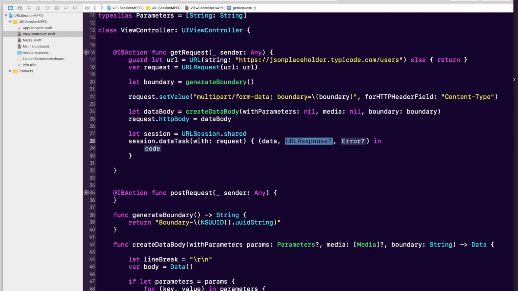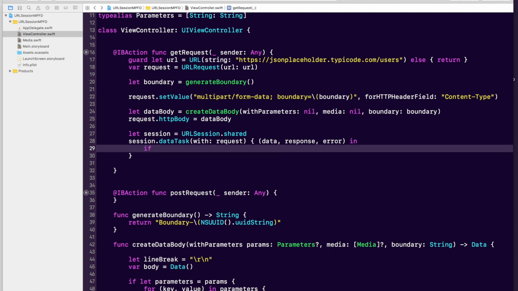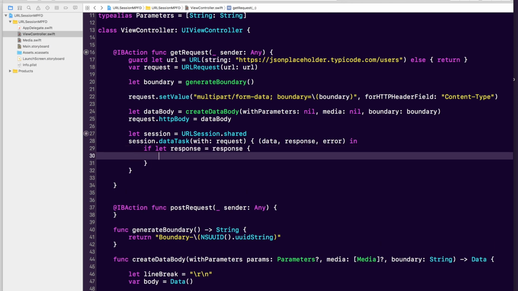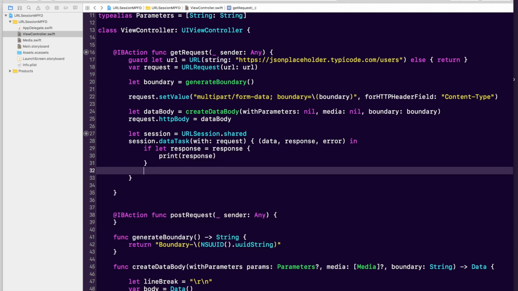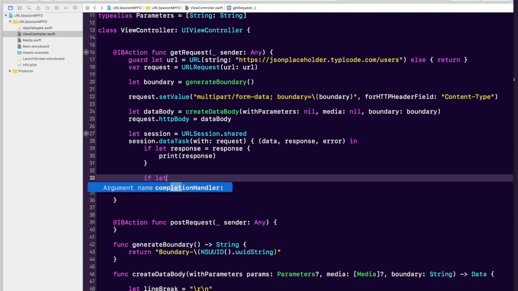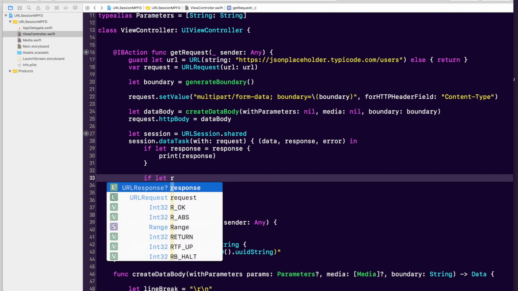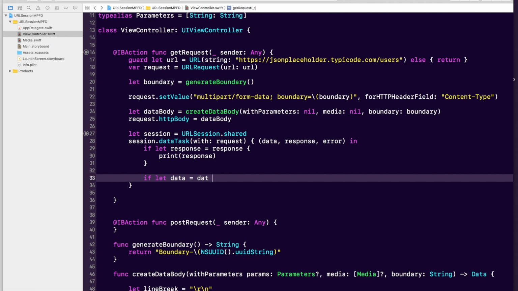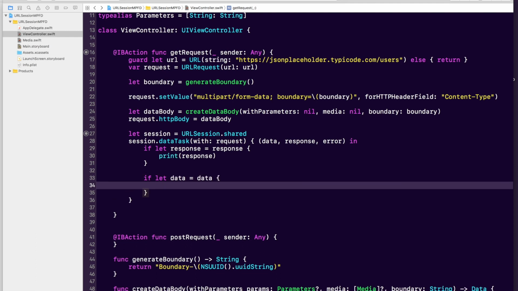Just do data, we'll do response, we'll do error, and then if let response is equal to response, then move forward, and we're just going to print out the response to make sure that we get that 200 that we so desperately want. And then also if let data equal data, then we can go ahead and do try,